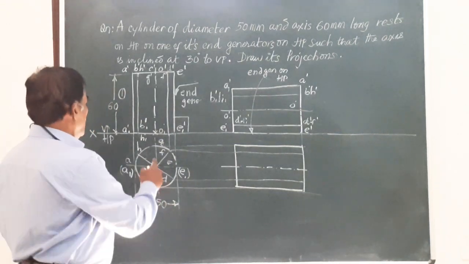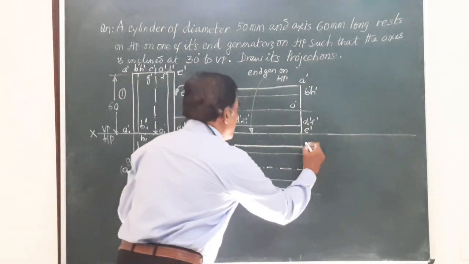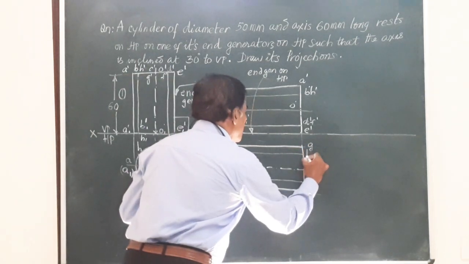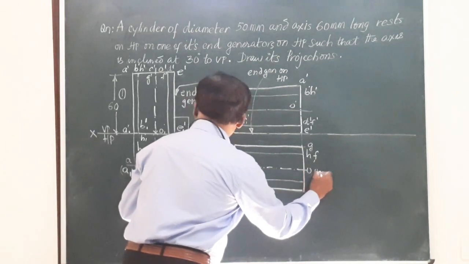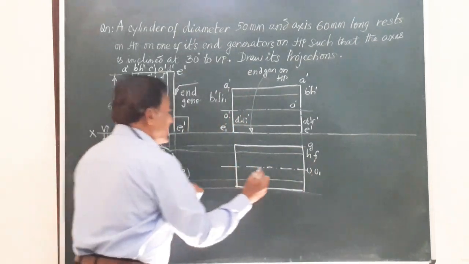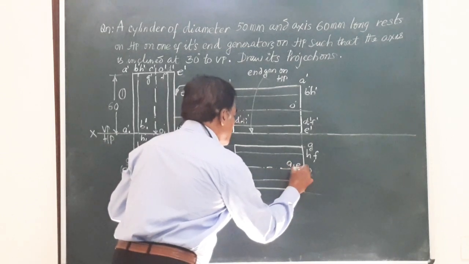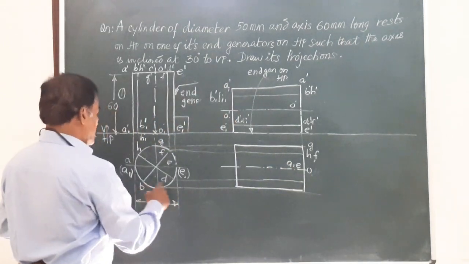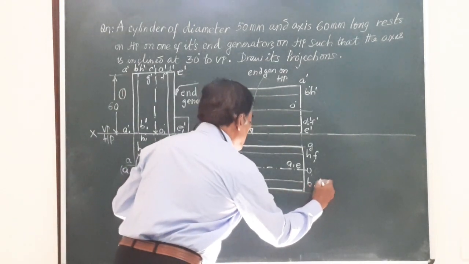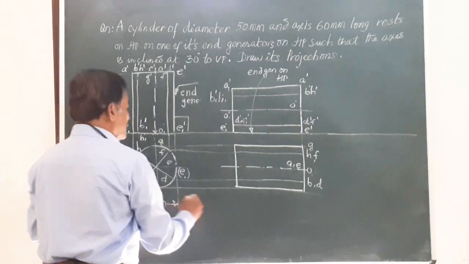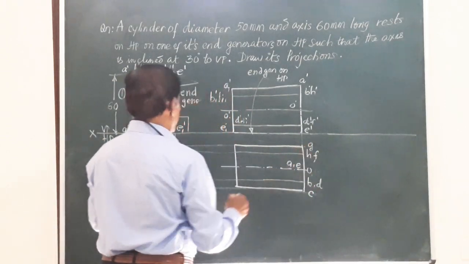Let me name them. On this you get G, then H, F. You get this as G, H comma F. This is O comma O1. Also includes A and E. This is O. This is A comma E. And next comes B, D, B comma D. The last one is C. So I got all these A, B, C, D, E, F, G, H.